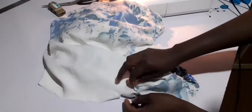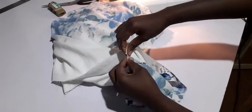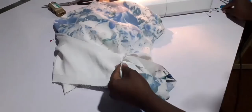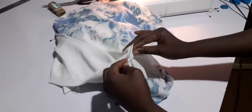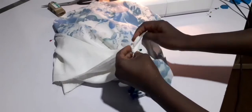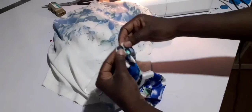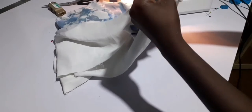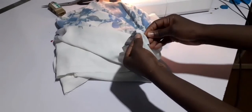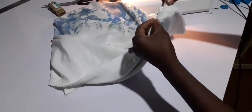I'm going to start off by pinning the seam of my sleeve to the side seam of my dress from the armhole, and then I'll also pin the notch on the top part of the sleeve to the shoulder seam. This will ensure that there's a balance between my armhole and my sleeve. So I'm going to pin it and then check if I have any excesses on my sleeve,